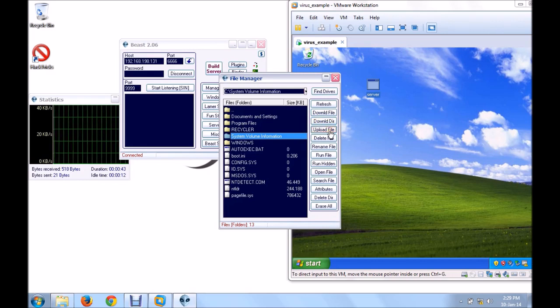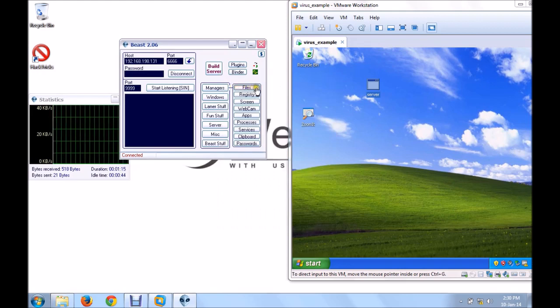If I want to upload a file like a shell or a malicious file, I can upload it using this button. And if I want to delete a file, for example NTLDR, I can delete this file, so the victim won't be able to boot next time. I can also rename the file, I can run the file, and there are many options. Delete directory, erase all, many things.